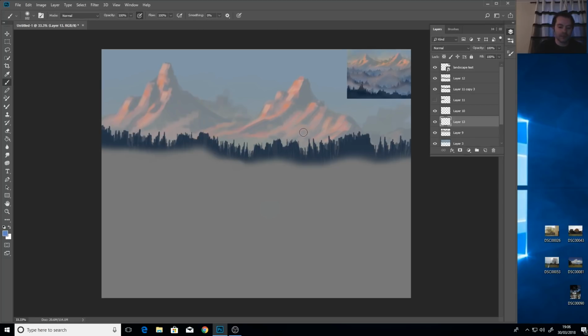And I thought it might look good, so I got my brush like this, and I just sort of softly started misting the cold air down here. Now I've probably gone a little bit colder than I did before, but